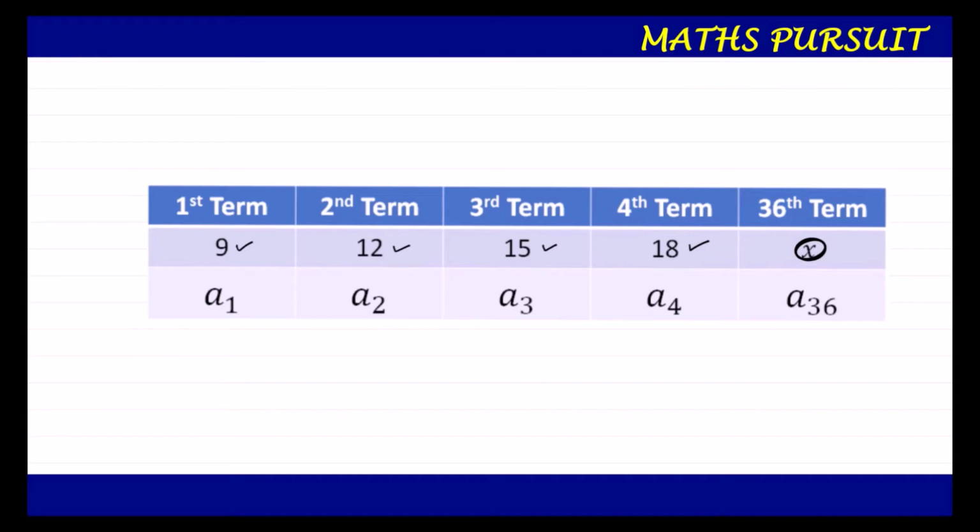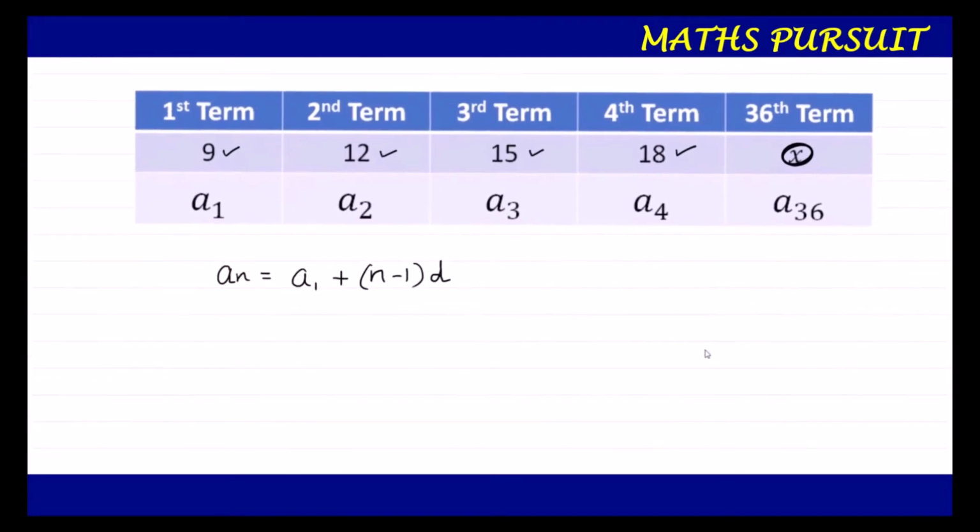Now guys, we very well know the formula for calculating an arithmetic progression, which is given by an is equal to a1 plus n minus 1 into d. Hope guys by this time we all are familiar with this formula. So this is the formula that we know for finding out the arithmetic progression. Now in order to move ahead, let us see what are the things that are required looking at the formula.